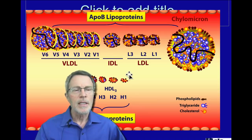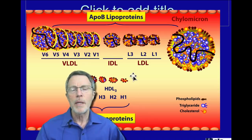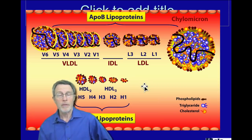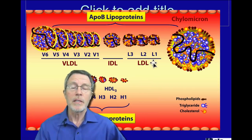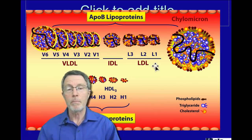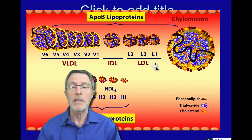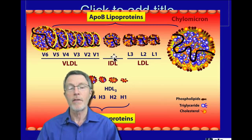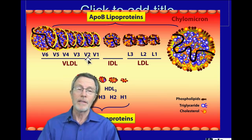Now, as I said, there are many, many populations of lipoproteins. They range in size and density. Density meaning how well they float. So for example, LDL is low density lipoprotein. That's what you may hear of as bad cholesterol. It tends to float better than HDL, high density lipoprotein, but it doesn't float as well as VLDL, which is